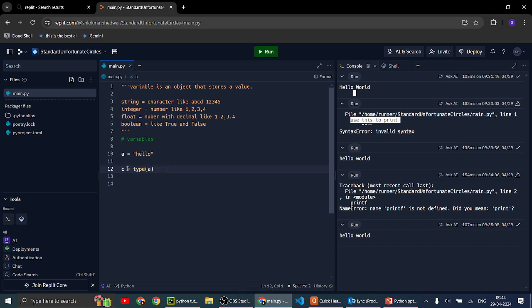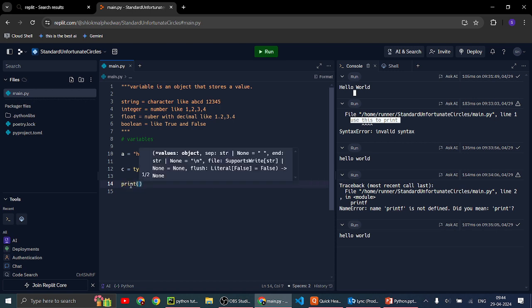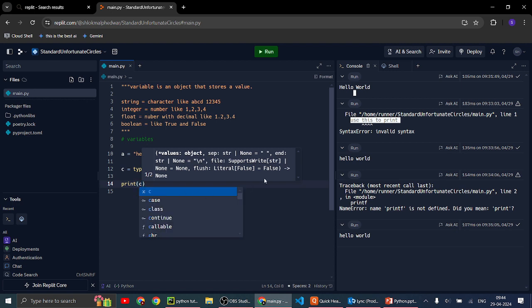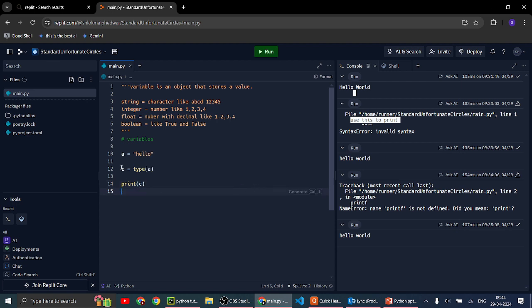Now it has gone to string, meaning now it has gone to C, and now we will print C, meaning we will print this value, the value that has gone into C. Now we want C's value.